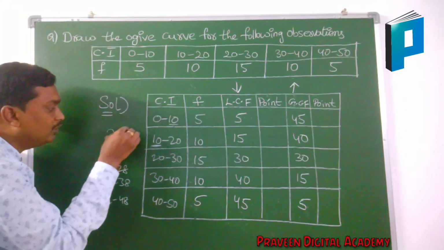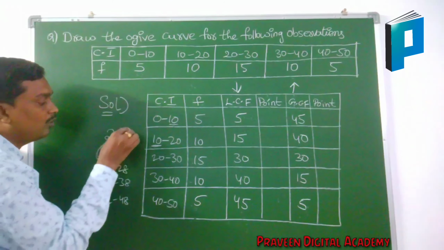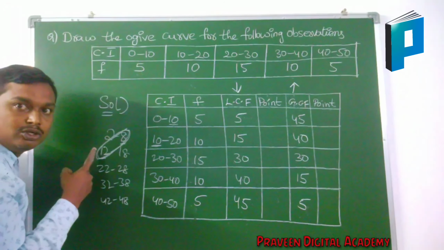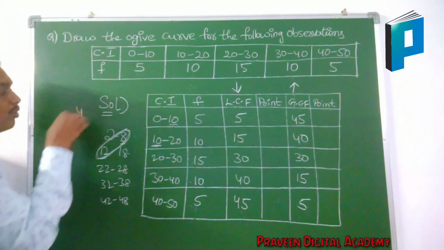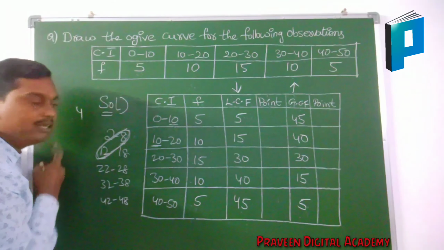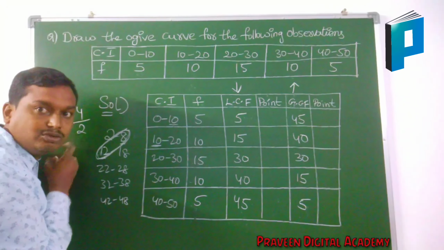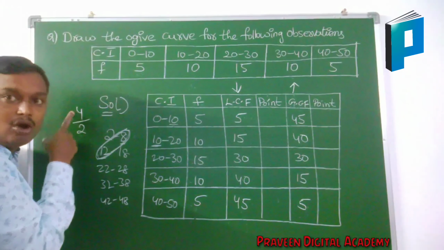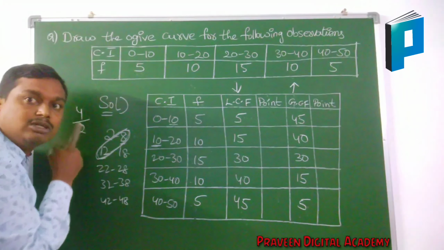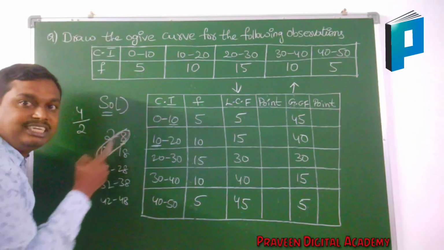At that time, we will take the difference of these two. What is the difference? 12 minus 8 is how much? 4. This 4 you divide by 2. Always divide by 2 only. If you have 10 here, also divide by 2 only. 1 also divided by 2. Always take the average of this difference.